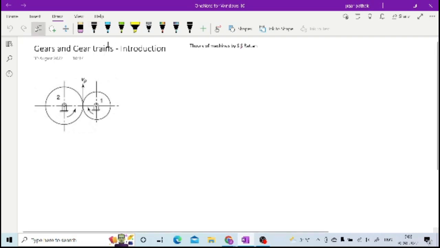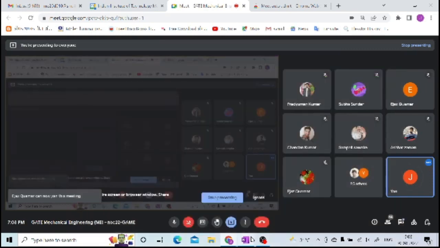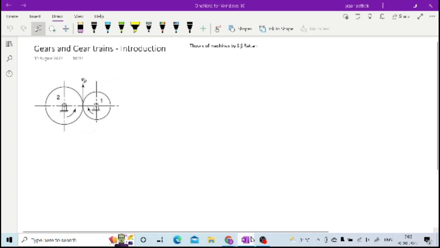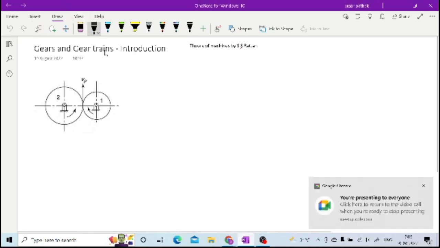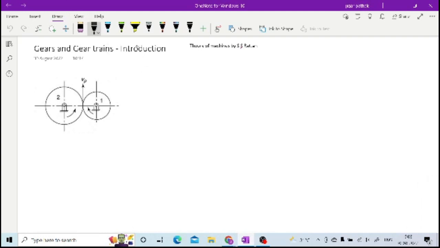First, let us start with gears and gear trains. Gears are generally used for reduction in speed and increase in torque. So gears are used generally for speed reduction, and you can get increased torque because your power will be